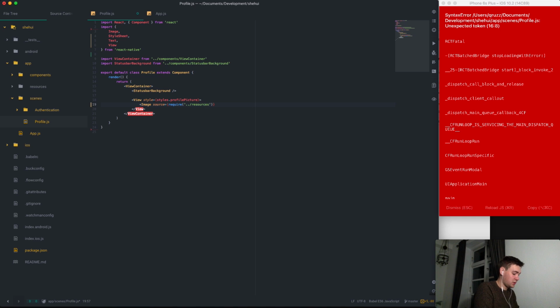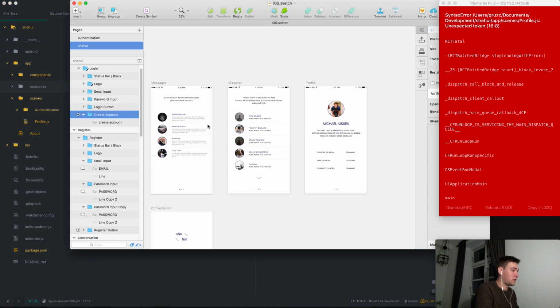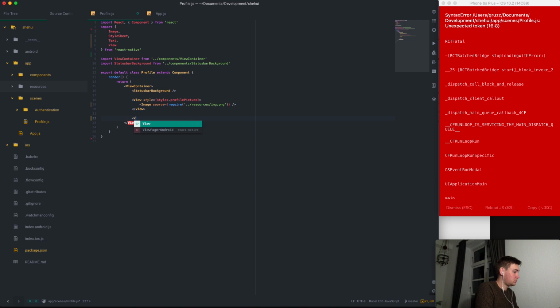Require, okay, out, and then to resources, image. Okay, what's the next thing we need? We need a name. Name. I was wondering if I should call it profile name, but